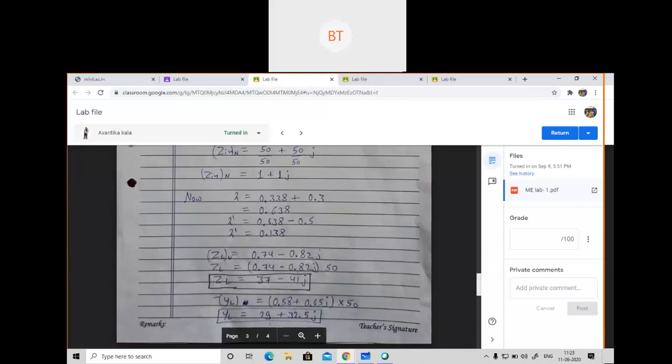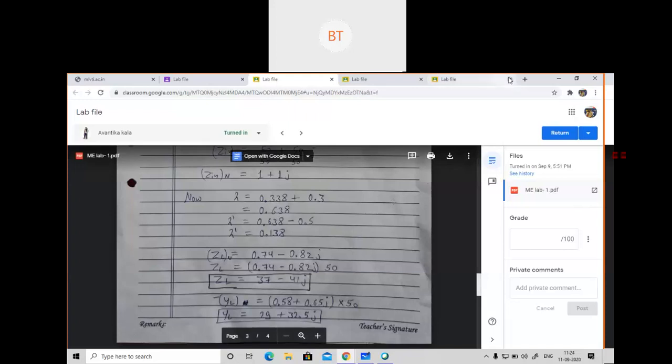I think that YL value is wrong. Actually, you don't need to multiply it. You need to divide it, and then you will get the correct answer. You have multiplied it here. So okay, one value is correct. So three of you have done it correctly. Is anybody else claiming that their answer is correct? I can check their copy.